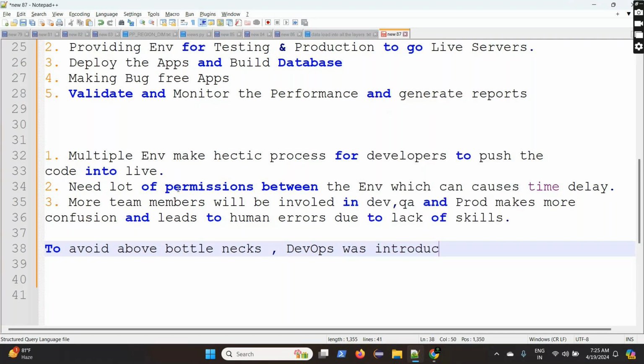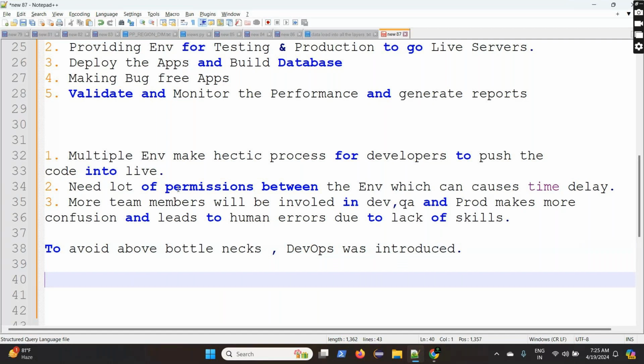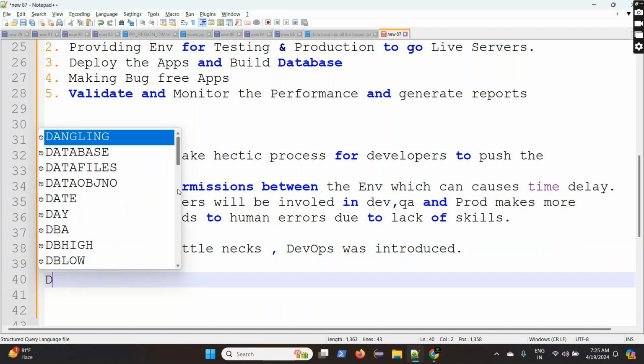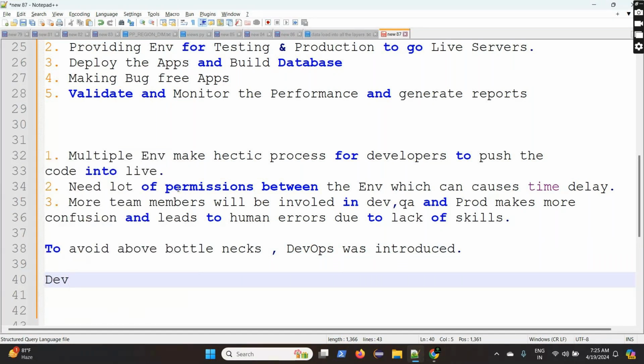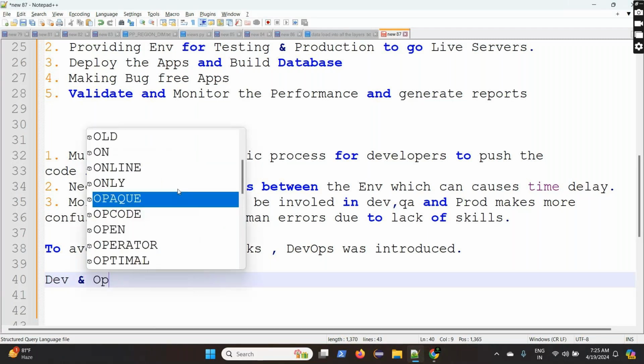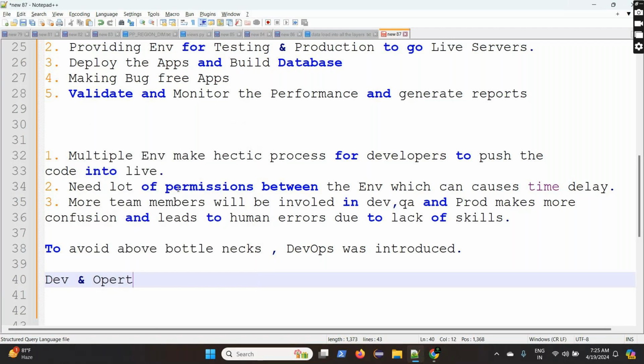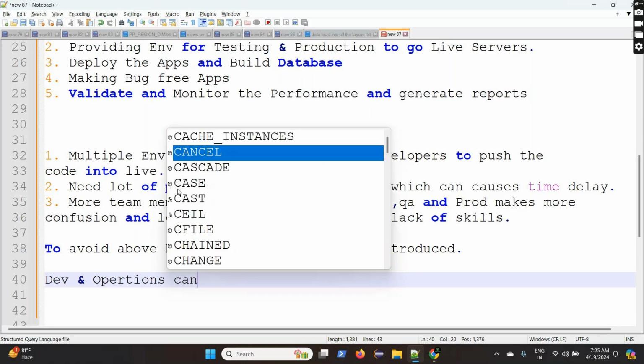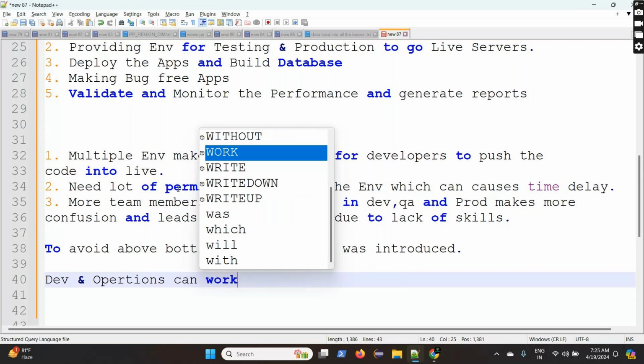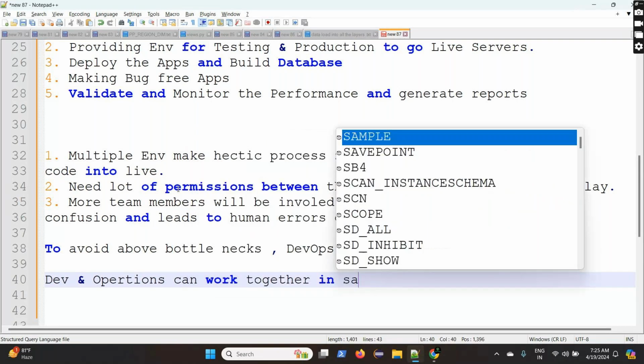What will happen is, they will bring developers and the operations team together. Developers and the operations team can work together in the same environment